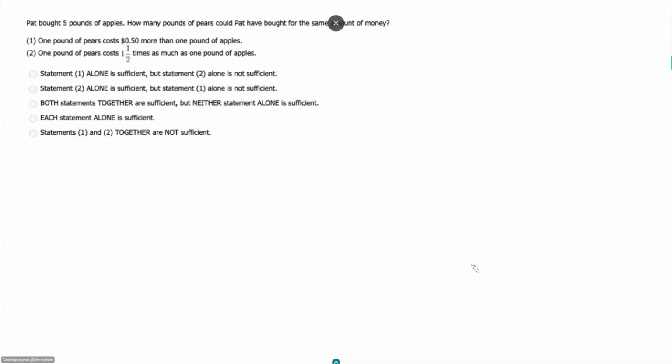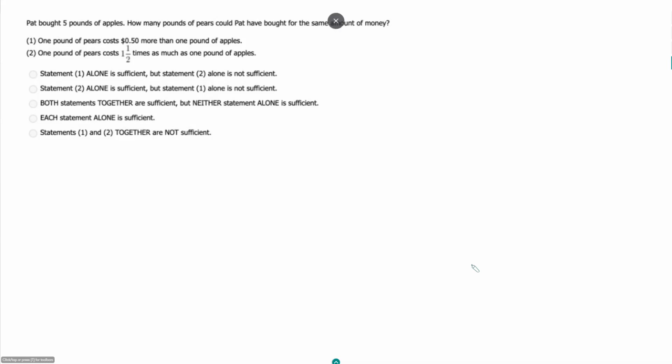Pat bought 5 pounds of apples. How many pounds of pears could Pat have bought for the same amount of money? I have no idea. So we need something connecting our apples to our pears. And if we want to know how many pears he could have bought for the same amount of money, so